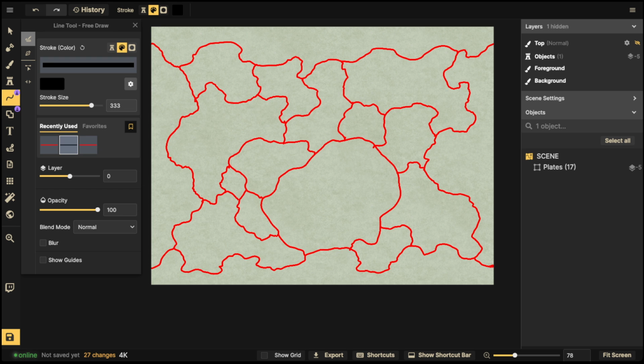So as you can see all these different plates, and you can already see some landmass shapes kind of coming together. So what the objective is, is to just first decide how many continents you want to have. Once you've figured out how many you want, then you have to decide their varying sizes. And I generally try to follow some kind of logic when doing this, just to show contrast. I generally won't have, let's say I have 3 continents, they're not going to all be the same size. For contrast's sake, I'm going to have maybe a very large continent, a medium-sized continent, and maybe a couple smaller